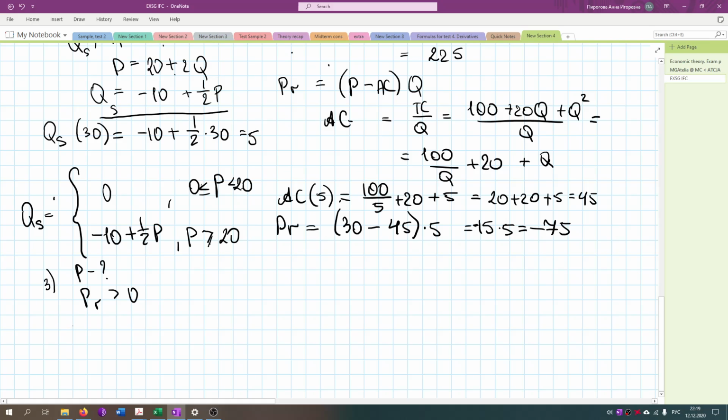So speaking about this case, when the profit is zero, this means that our price is equal to average cost. So in this case we'll receive profit which is equal to 0. In our case, marginal cost is equal to average cost. So we need to equalize them,